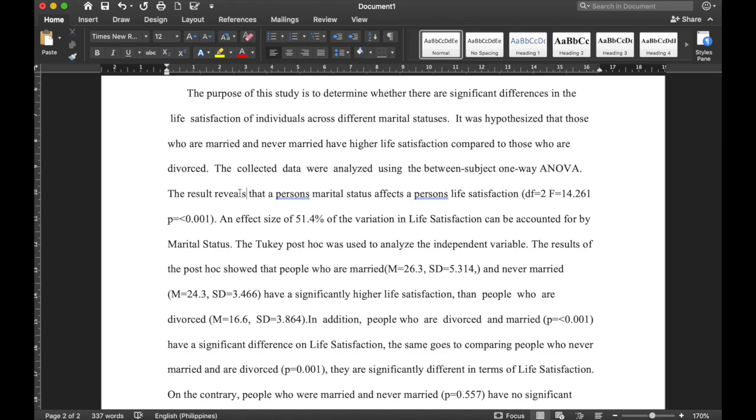And so you should say the result reveals that a person's marital status affects a person's life satisfaction. Okay. Well, that's one way to say it. There are redundancies here, but I guess a better way to say it is that results reveal that